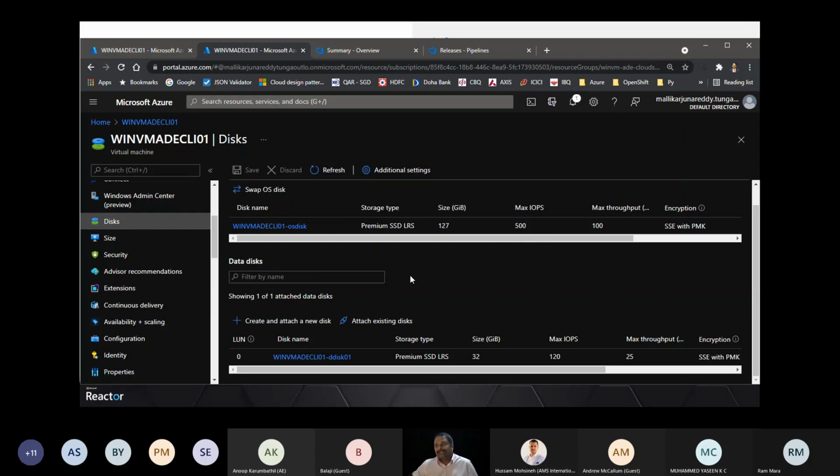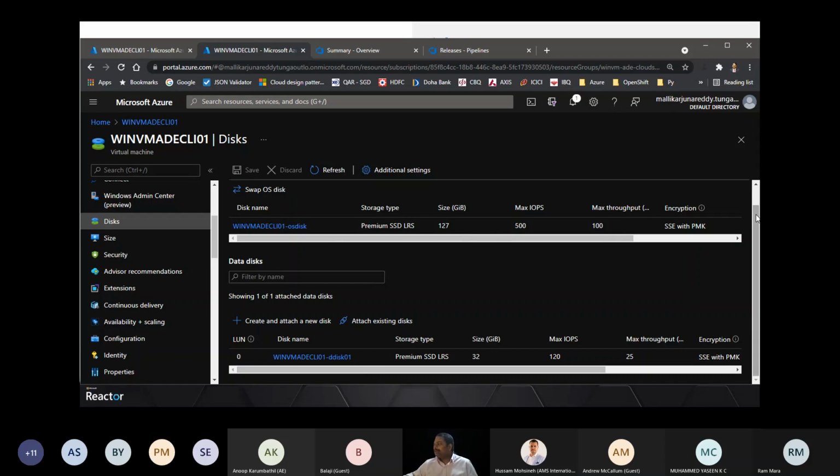You cannot do Azure Disk Encryption on a raw disk. It should be formatted. You cannot enable encryption just by attaching a disk to the virtual machine, right? You need to do the partitioning of the disk which you attach to the virtual machine inside your computer.